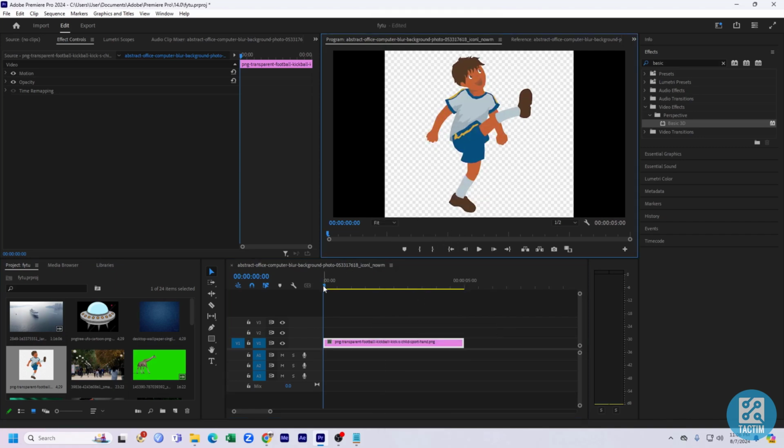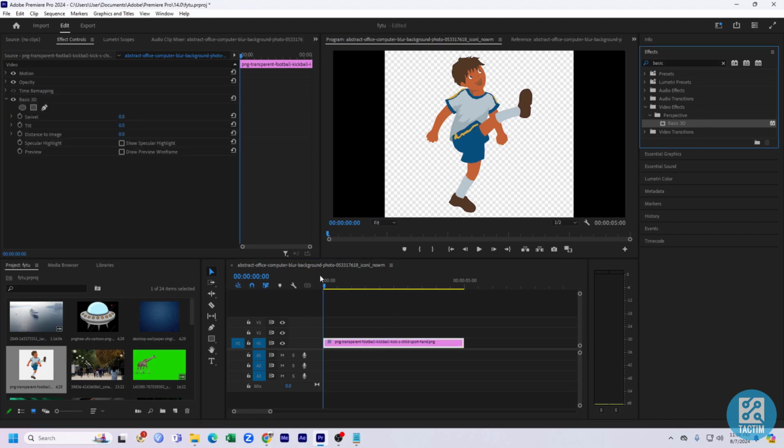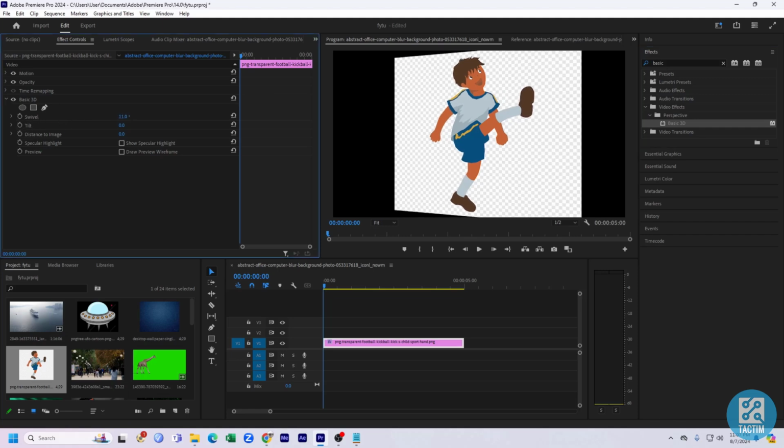And after that, as you can see, all you need to do is put an effect which is called Basic 3D. Just search in the effects for Basic 3D and drop it on the clip like this. And after dropping it on the clip, as you can see, this effect here, Swivel, just make it 180